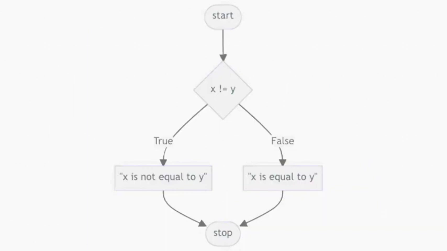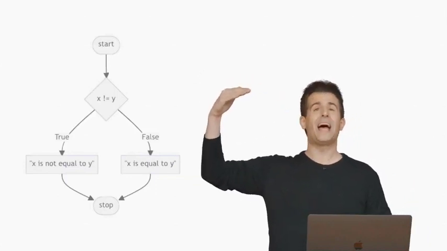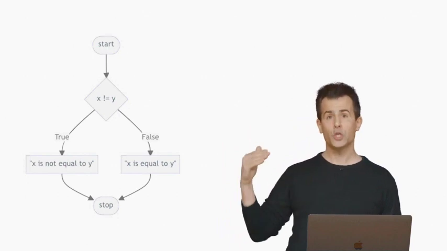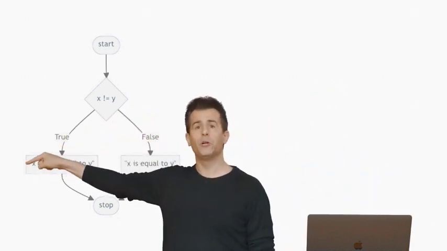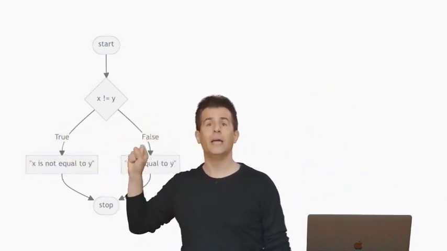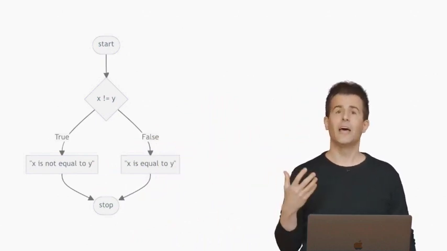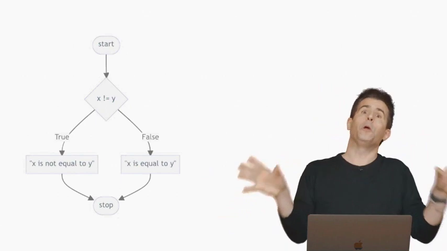If we now take into account what this version of the program looks like, it's even simpler, perhaps the simplest one we've seen yet. When we start off the program, we ask just one and only one question. Is x not equal to y? And if so, true, we go ahead and print out x not equal to y. If the answer is false, then of course it must be equal to y, so we say that instead. And if we really want, we could invert this.